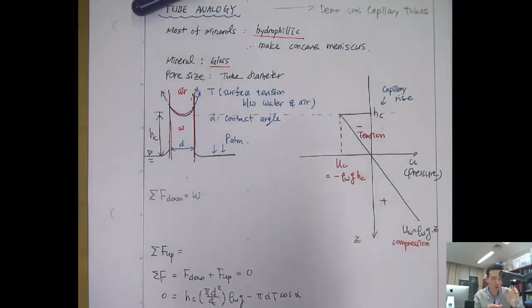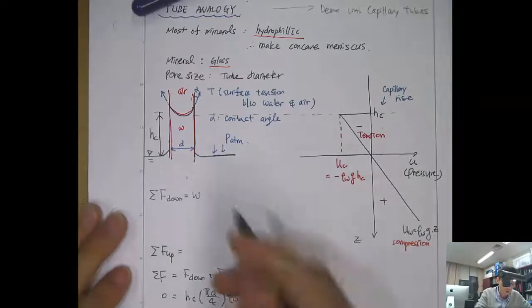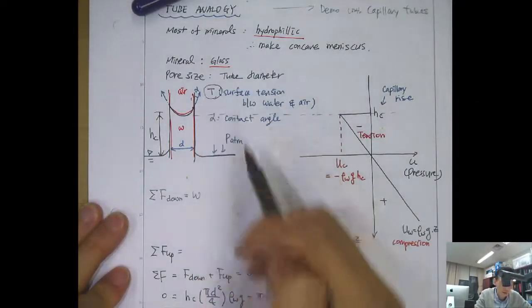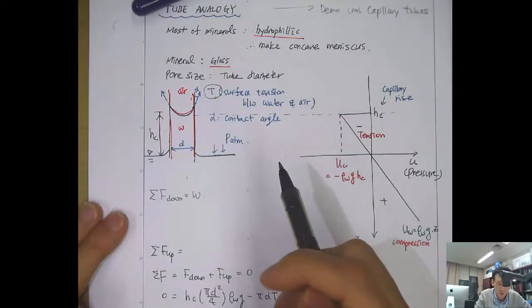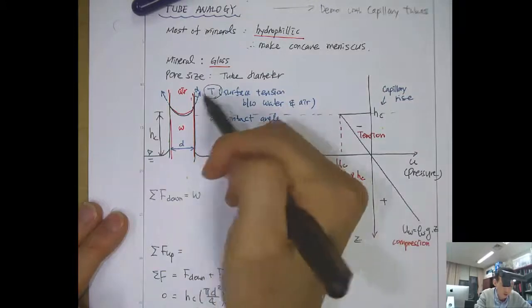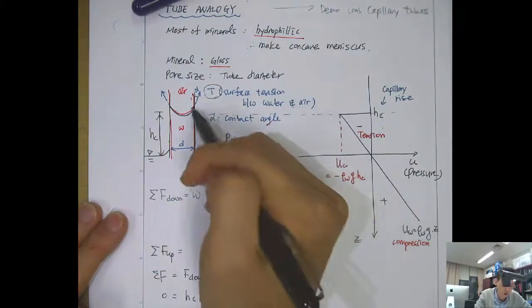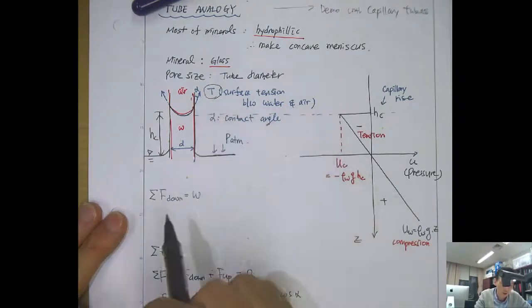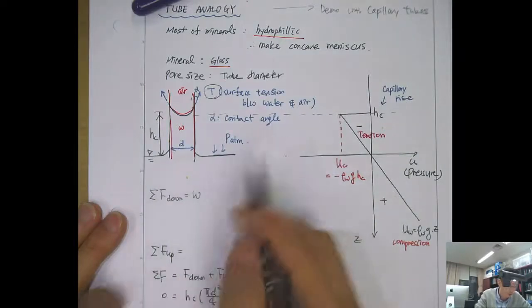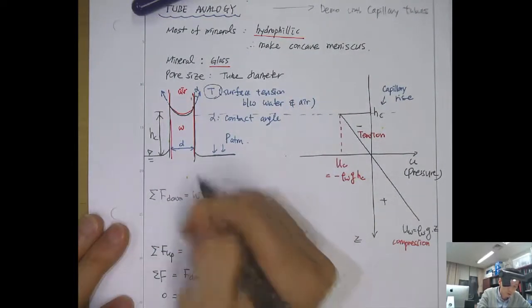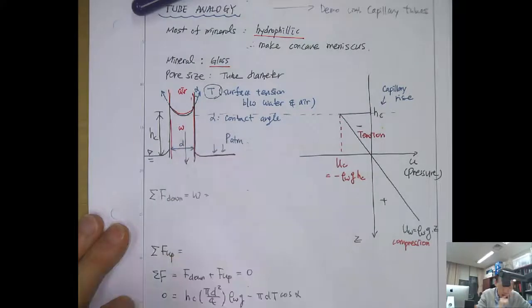So the force between the gravitational force and the surface tension will be the same. They will be balanced. So if the surface tension, we use the capital T, and alpha is the contact angle between the water and air and the glass tube wall, then the weight of water that's forcing down,